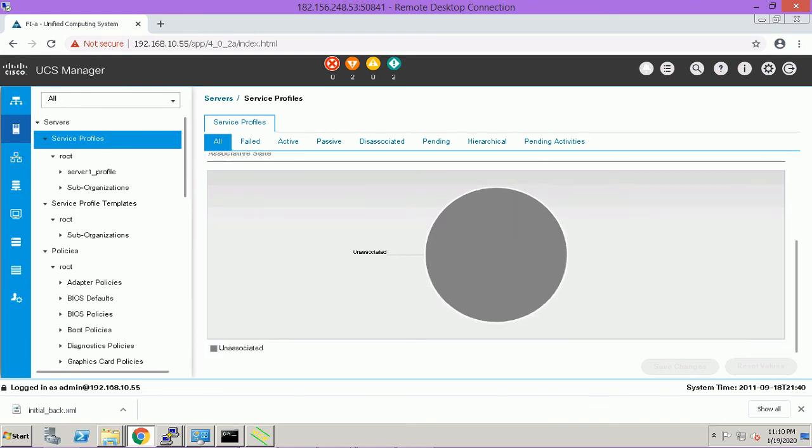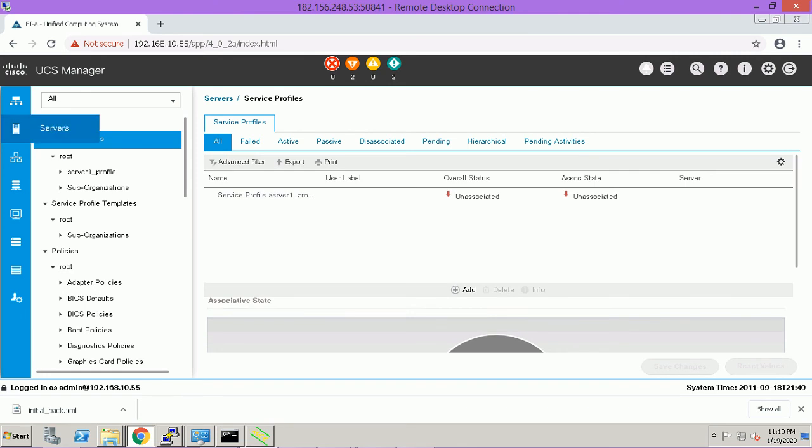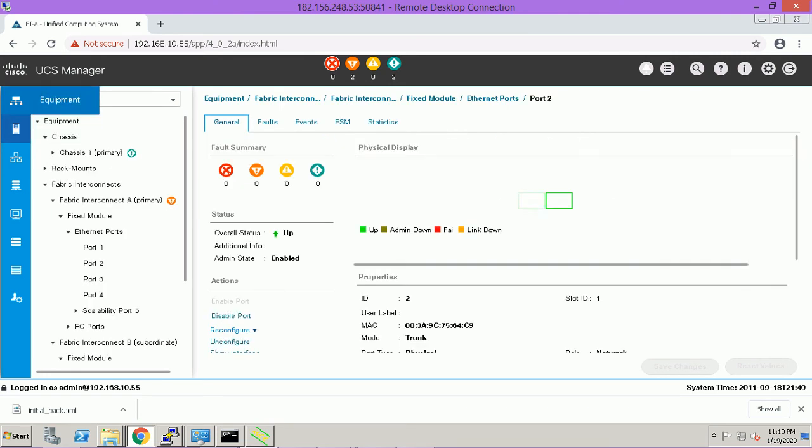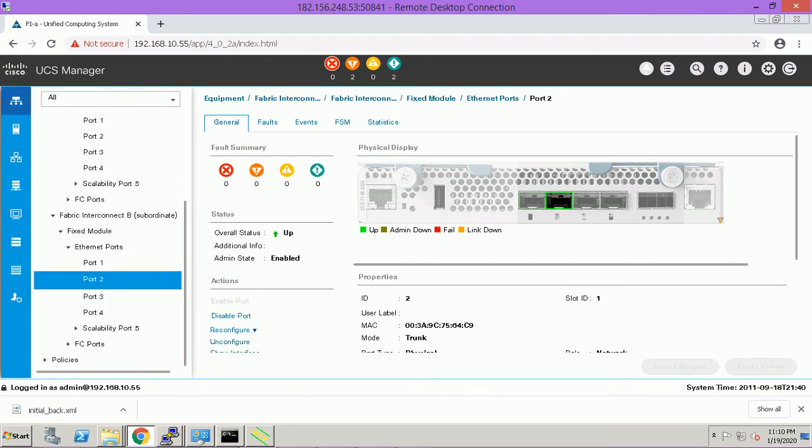For the associations, you just go to the equipment tab. There are many ways to do this same job. Go to the equipment tab, and right now,